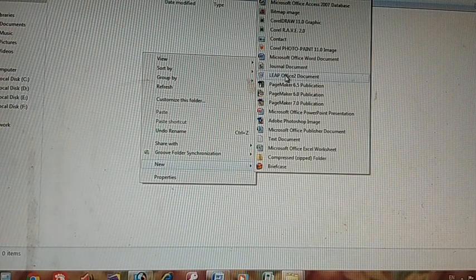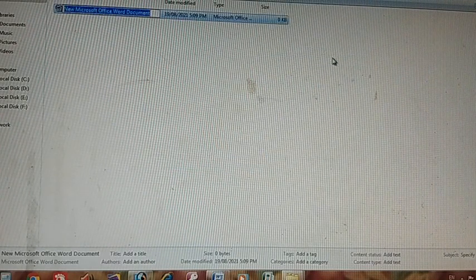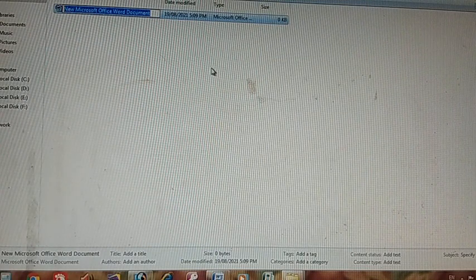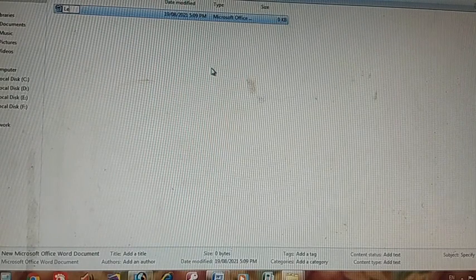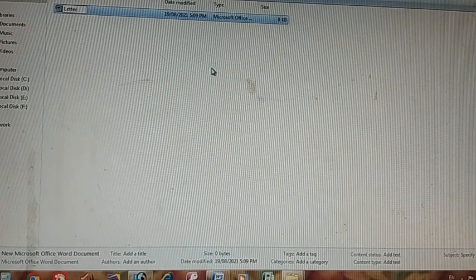There are many program files. You need to choose the program. For example, I want to use Microsoft Word document. So click on it and give a name. For example, letters. I want to store many letters in it.